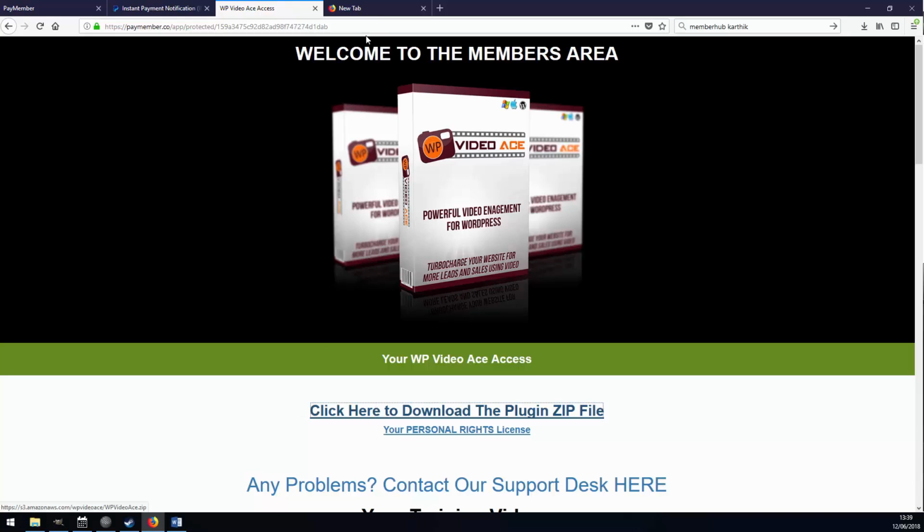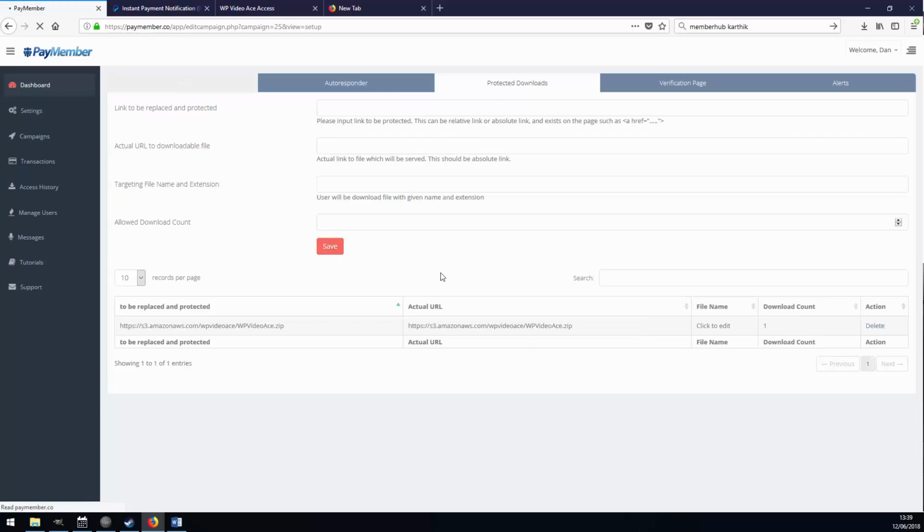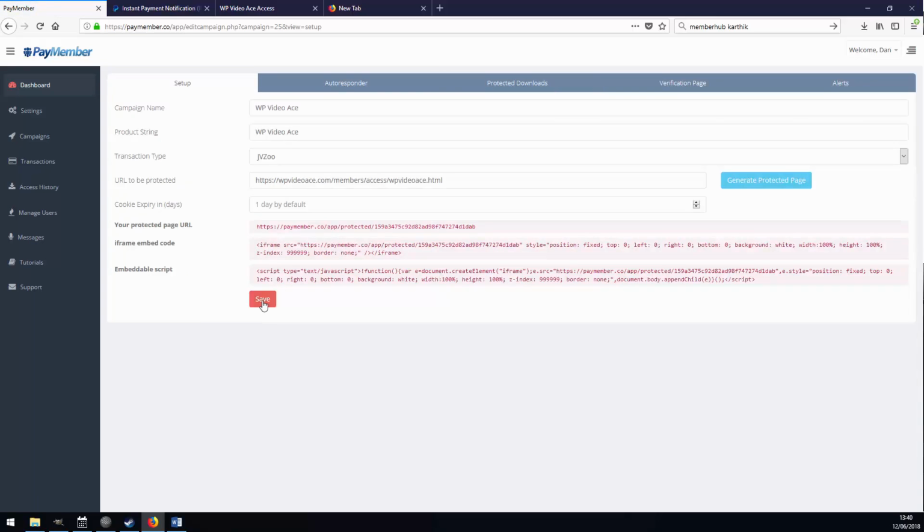All you need to do is copy the download link that appears on your page. So we go back to PayMember here. We'll just put it in here. We'll put it in there as well. We've got some other different options that you can configure with this, but I'll not go into them. We'll say someone's allowed to download it only once. We'll click Save. Then we go back to the page. So then we will just save these changes and then generate the page again. So if we open this up,